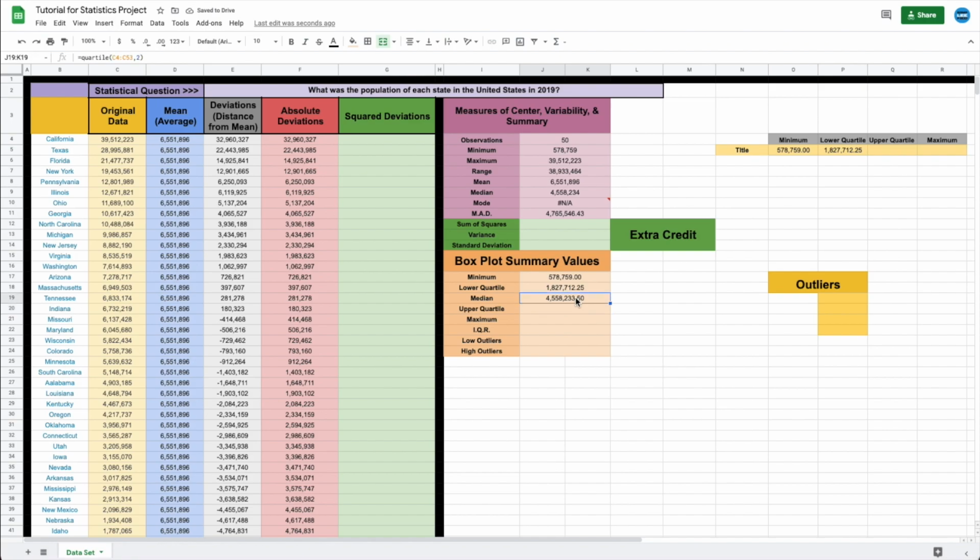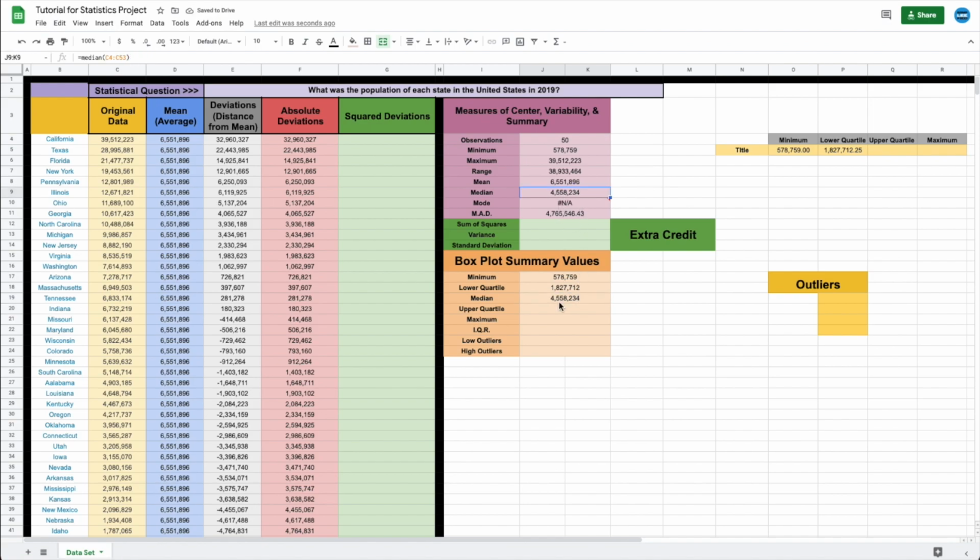So this is the median, 4.558 million. And you can see that does match the median that we had earlier. This one's rounded to a decimal, this one's rounded to the whole number, so they're basically the same, okay? If we don't want any decimals, that's fine. We can just highlight our data and decrease the decimal places, and you can see these do round perfectly to